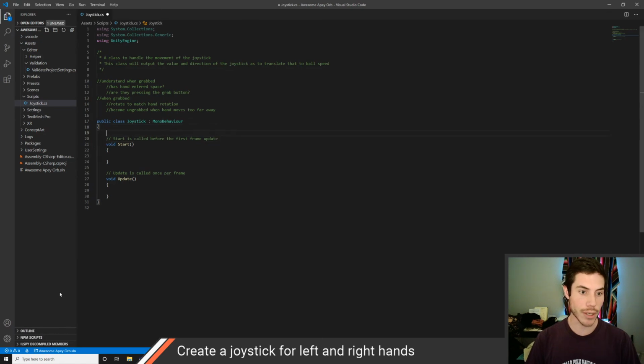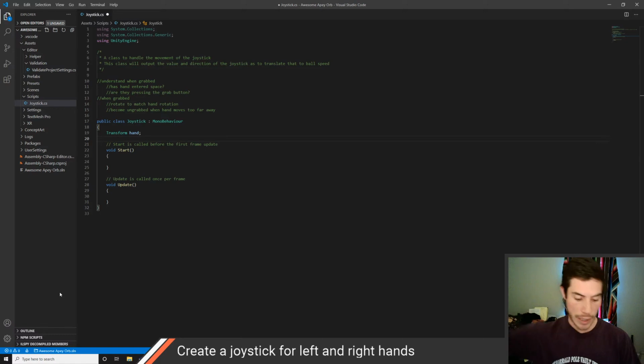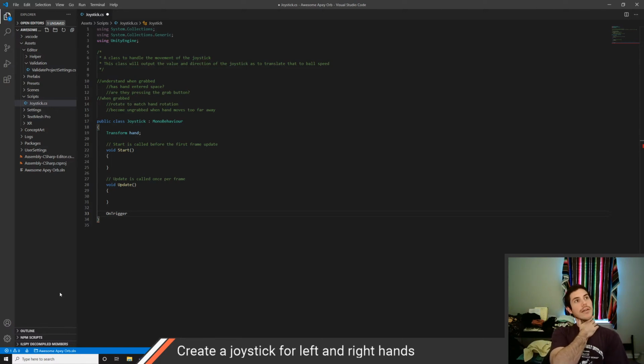Okay, cool. So a few things are obvious from what has been said so far. One is that we're gonna need a transform to hold the hand, because I'm gonna need to be checking if I've lost it or not. Transform hand. Cool. I'm not gonna say that you have to grab each joystick with left hand or right hand. You could probably just grab it with either, so we'll keep it generic instead of making it left hand or right hand. I'm gonna need an on trigger. Does it need to be enter or does it need to be stay? If it enters,